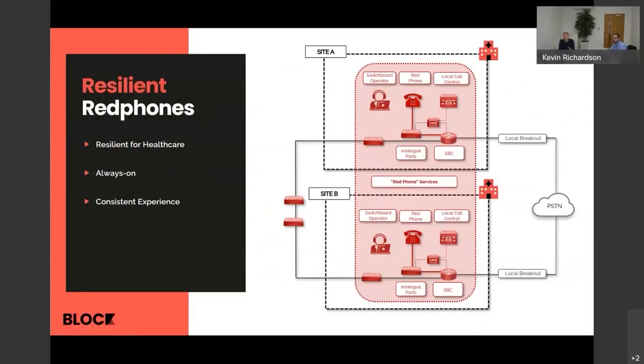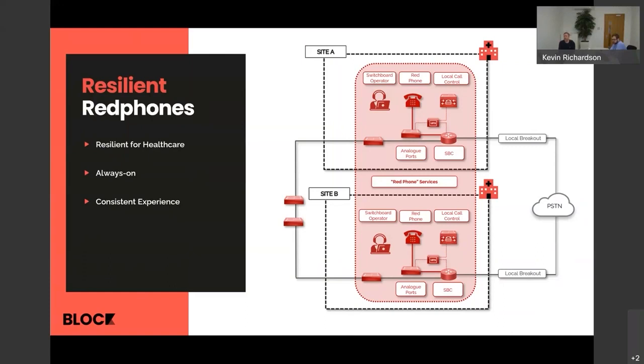This whole webinar is about introducing the strategic priorities, how we see them, what we look at, how we do consulting and engage with clients. Ultimately, we're talking about resilient cloud collaboration. So we've talked about cloud collaboration and the key consideration points, but in healthcare, there are some challenges that need to be addressed. In certain circumstances, cloud collaboration on its own doesn't quite hit that mark. So the way we look at it is you need that resilient Redphone architecture.